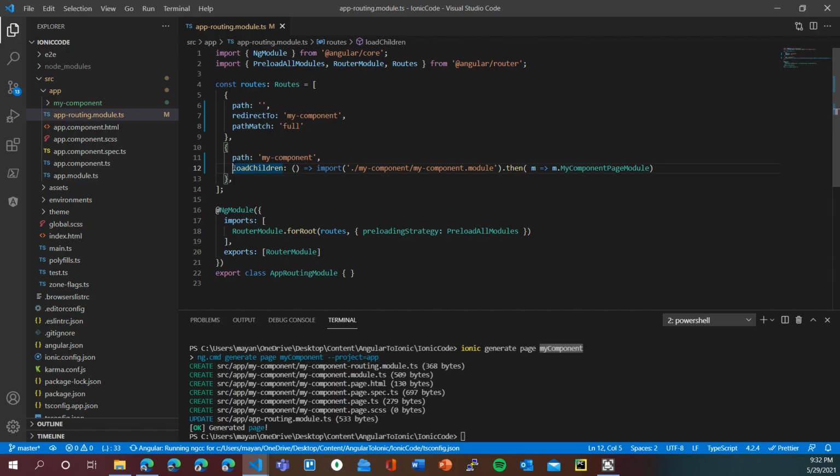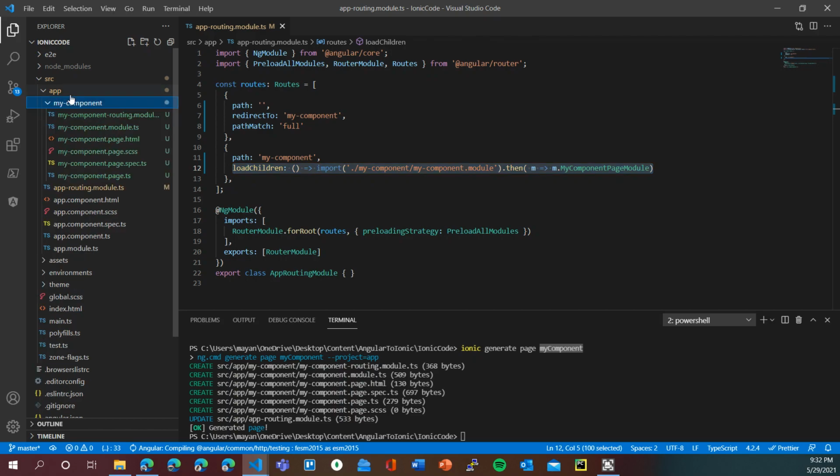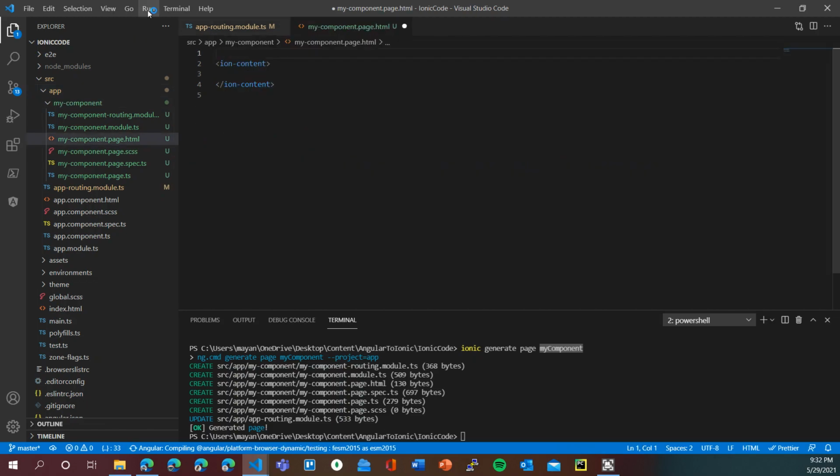Anyway, coming back to putting the code inside my component, first of all, let's have a look at my component.page.html. Over here, you can see that we have an ion header. We do not need this header, so let's remove it. Whatever content we put inside Ionic should go inside ion content. That's the rule.